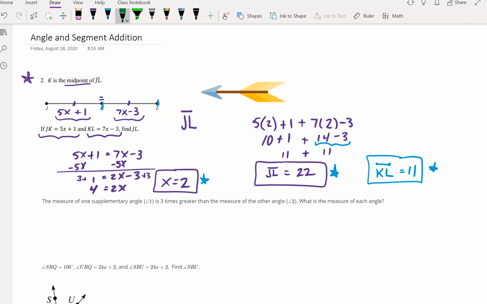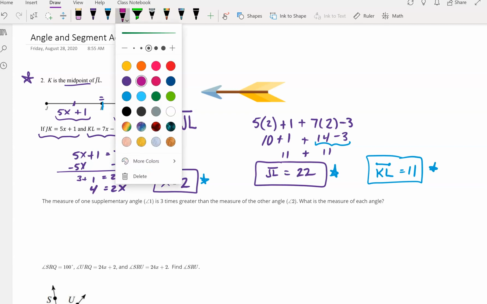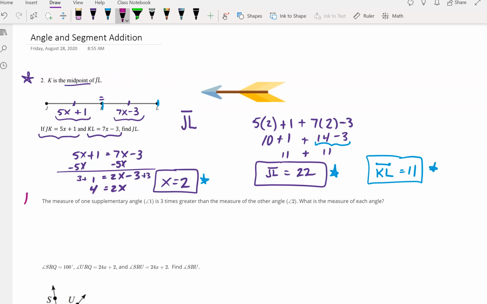All right, moving on. Let's take a look at this question right here, this idea of a supplementary angle. All right. We know that supplementary angles add up to 180 degrees, right? 180 degrees are supplementary, 90 degrees are complementary. So we're going to have one angle that's shaped probably like this, coming together with another angle to form a straight